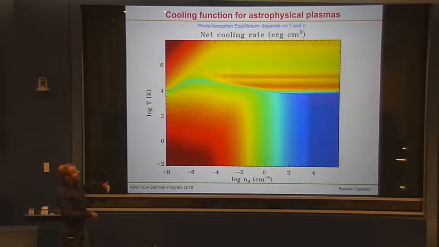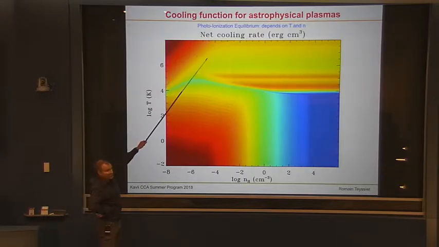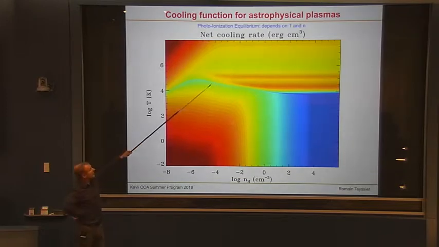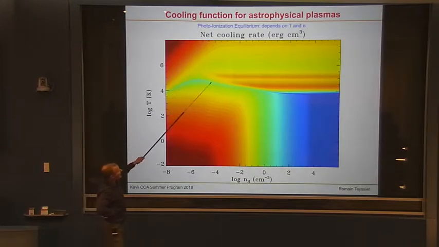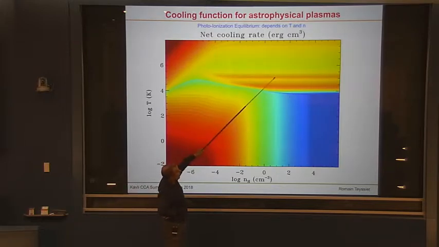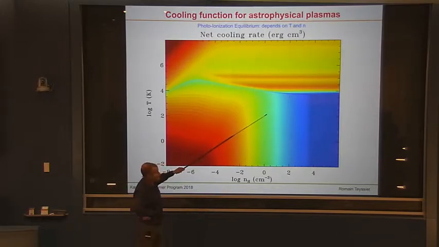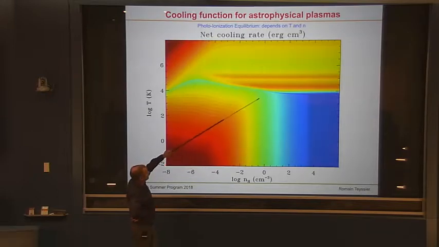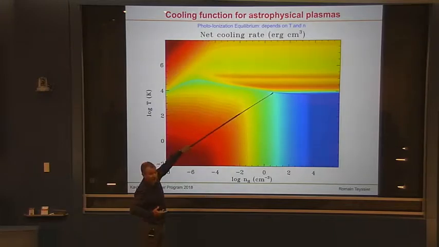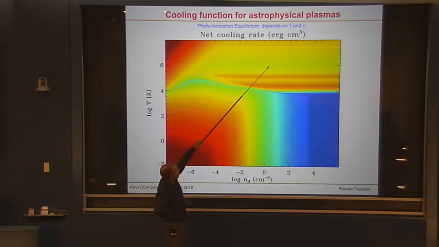If now you have a UV background, right? So now it's not only dependent on the temperature anymore, but it's depending on the density also. And you see it's represented here as the net cooling rate, basically heating minus cooling, right? And that's the equilibrium line. So that's where heating equals cooling. And that's above, it's cooling. And that's below, it's heating, right? So if your gas turns out to be below this line, then it will heat up. And if you wait long enough, it will reach this line and stay there. If your gas is above this line, it will cool down and reach the line and stay there, right?